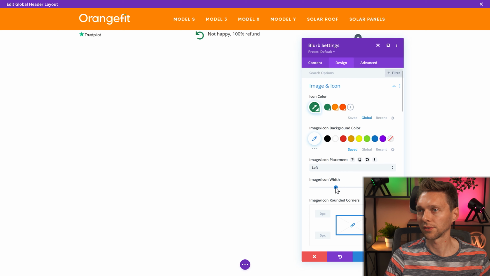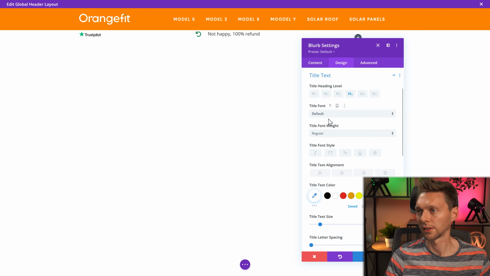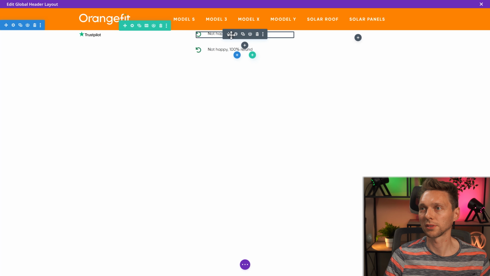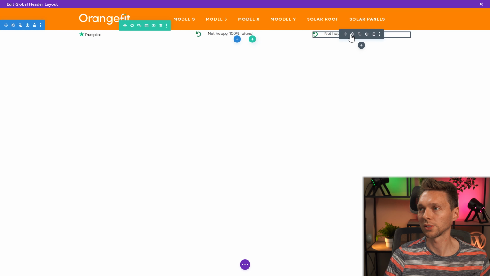Change the icon on the left side. Make it a bit smaller. And then the font is, of course, Gilroy regular. And it's not that big. It's actually 16 pixels. And then we have free shipping above 100. So we're just going to copy this blurb over there and we're going to change it to free shipping above 100. And there they're using an image because it is the UPS logo over there.